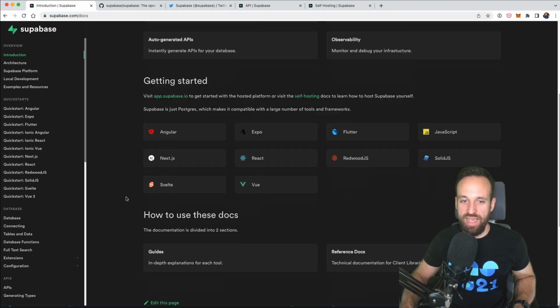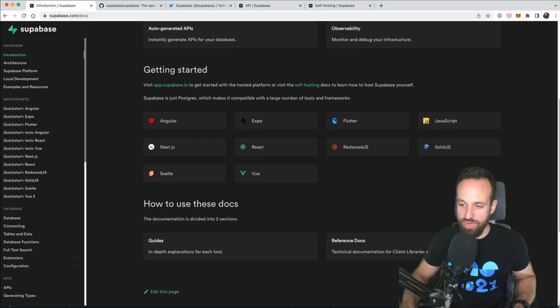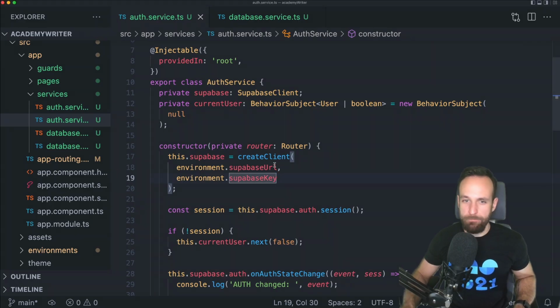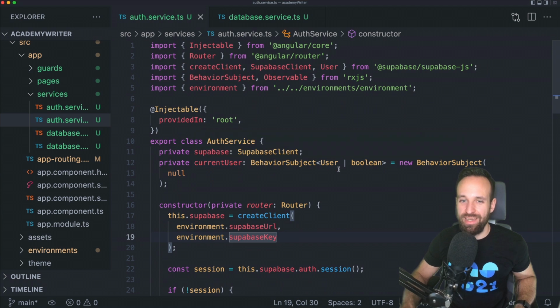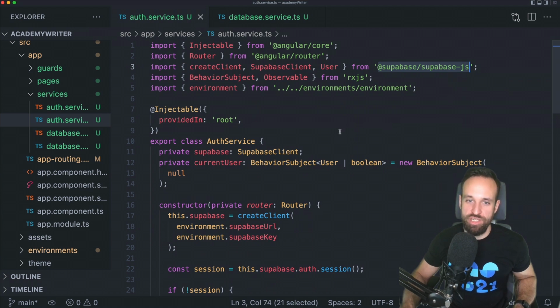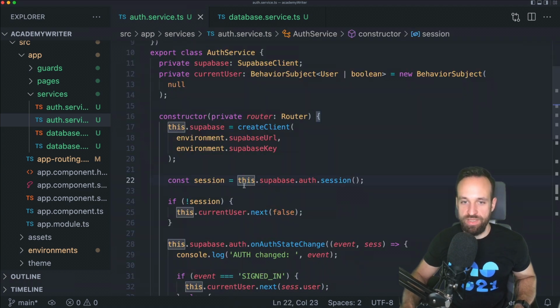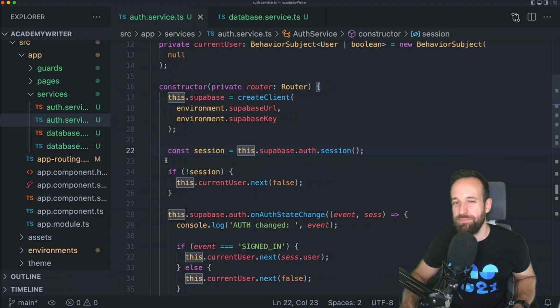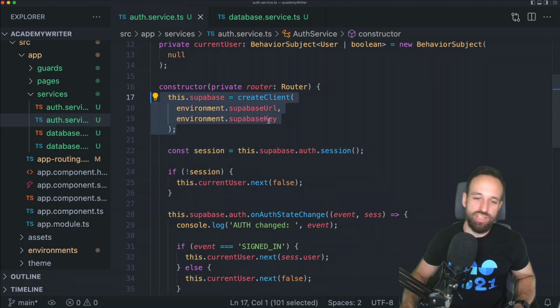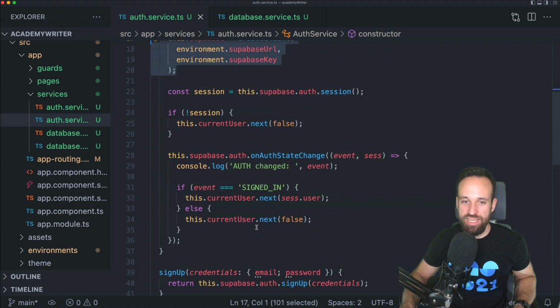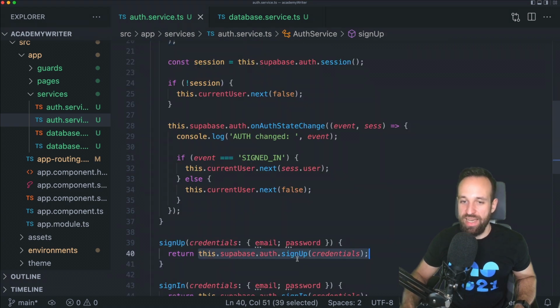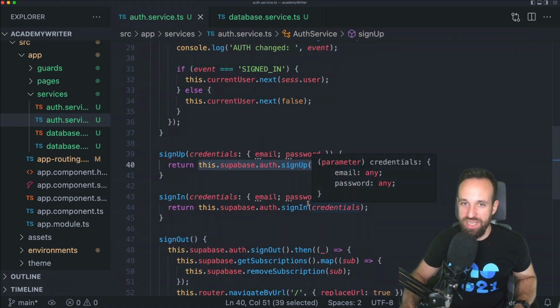They of course have SDKs, so I create an application with Angular. There it is. So from Angular, they all look kind of the same. They all got a great either JS or even TypeScript package, which you can use. The usage is sometimes a bit different, how you generate the initial client or how you handle authentication, but usually it's just one line to sign up a user or to sign in a user.